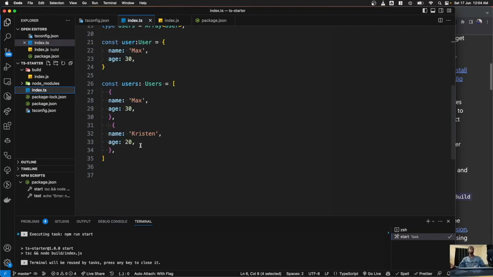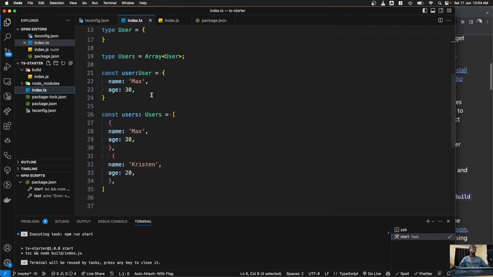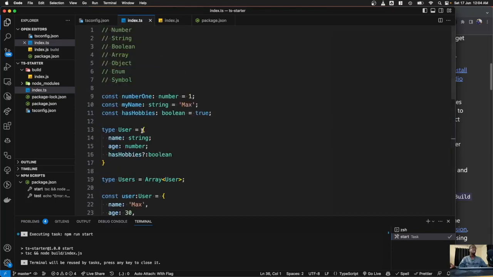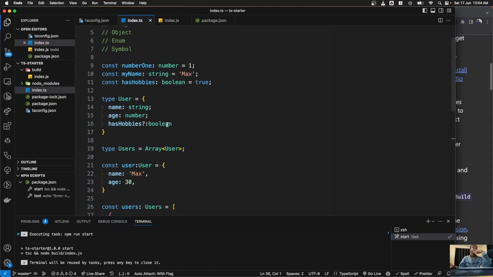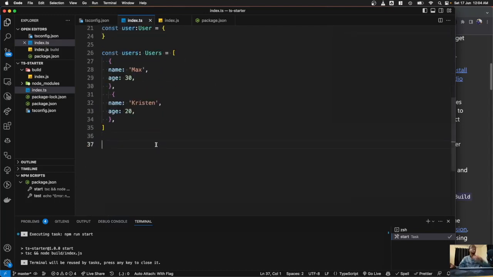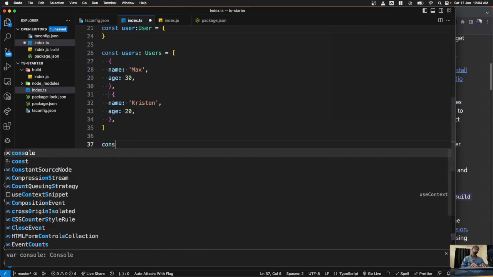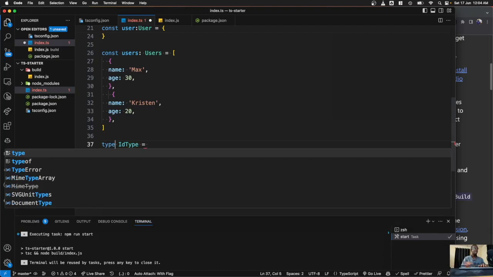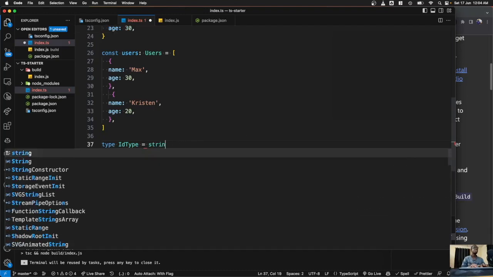So what can we do more? We can introduce these as parameters for functions. Okay, so this is how we would use TypeScript in a function. I just want to be sure we've covered everything. Okay, so we have conditional types also. So let's do something. So we could say type id type could be a string,